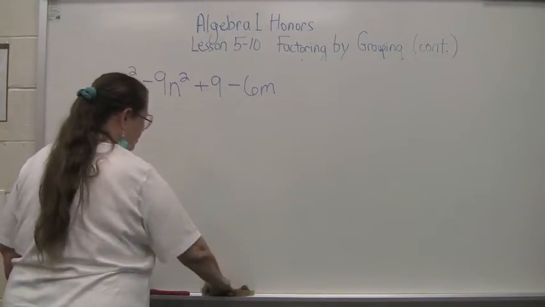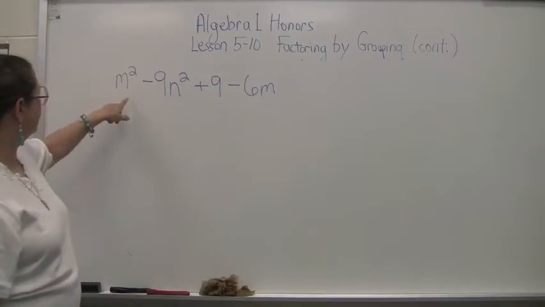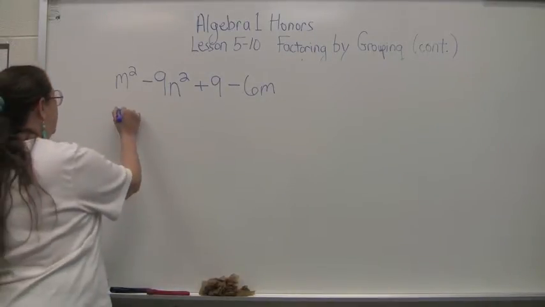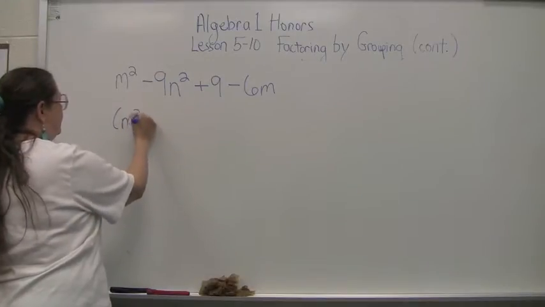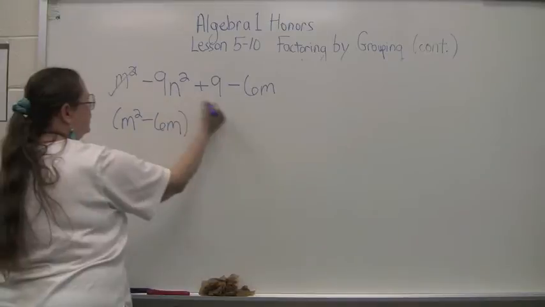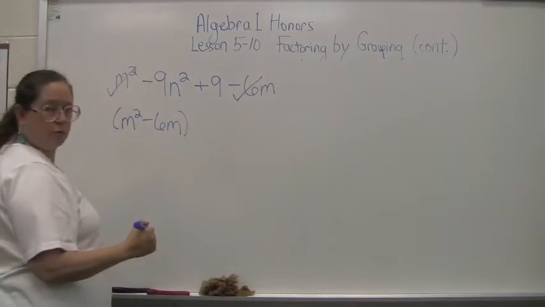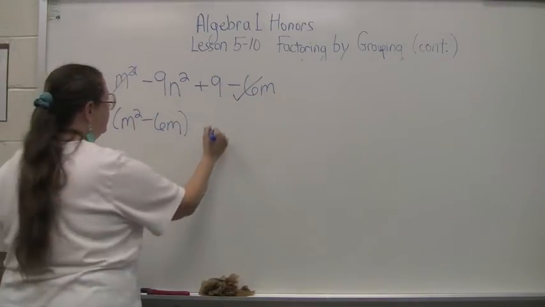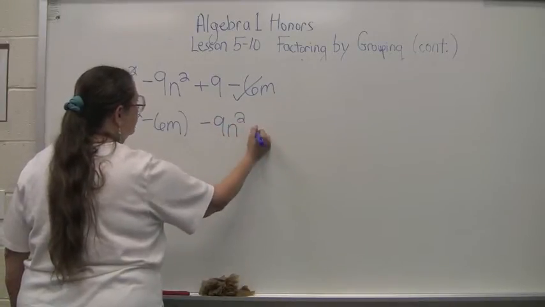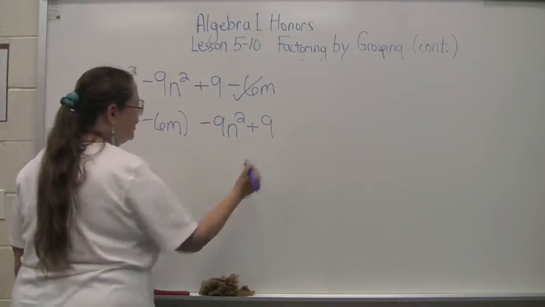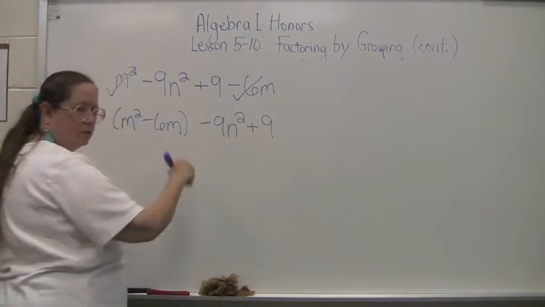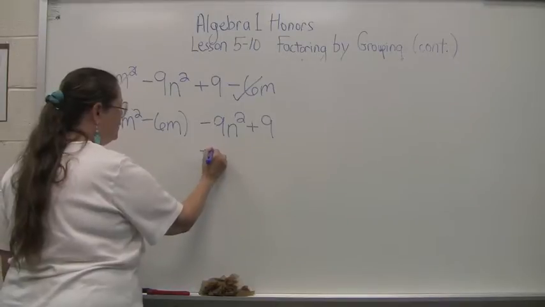Okay? So I'm going to look again and say, okay, what if I grouped all the m's together? So I have m squared minus 6m. Group these two together, and then group the n's together. Let's see, I've got minus 9n squared plus 9. Now again, I can't just stick parentheses here. Okay? If I want to put parentheses here,